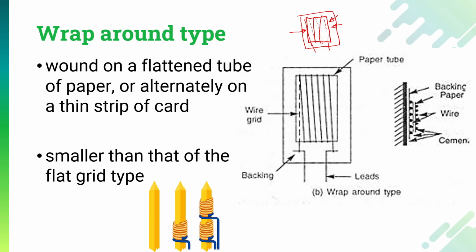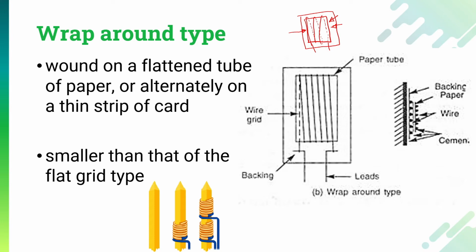But secondly, the length of such kind of strain gauges is normally smaller than the grid types of strain gauges. So most commonly, we are going to get the same resistance value for the smaller size compared to the flat grid type strain gauges. But due to the higher thickness of this type of strain gauges, what is going to happen? Higher hysteresis is going to be generated and higher creep is going to be generated. So this is what happens in the wrap around type strain gauges.